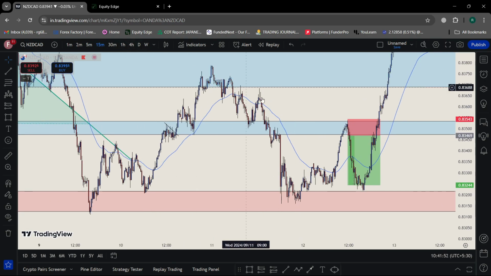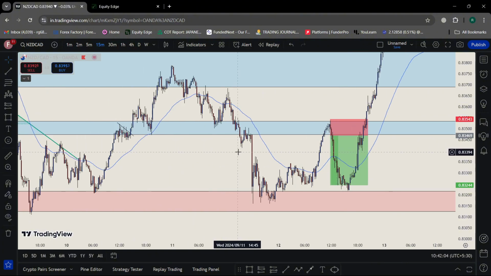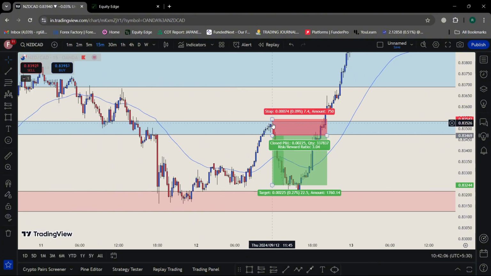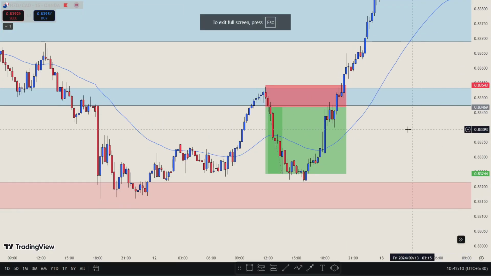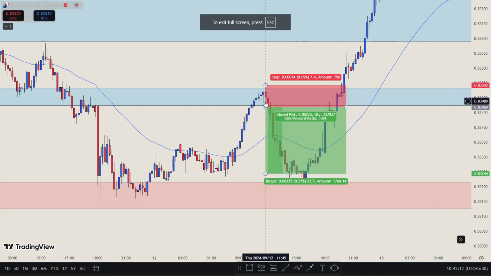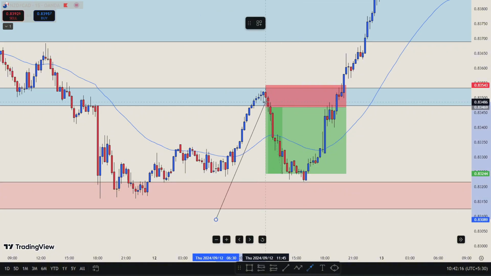After I have confirmed everything, I don't look for order block, fair value gap, and all that. In ICT, if you wait for an order block and fair value gap on every trade, you're going to miss the majority of the trades. So instead of doing that, I'll zoom out. See, as the market has closed below the structural point,